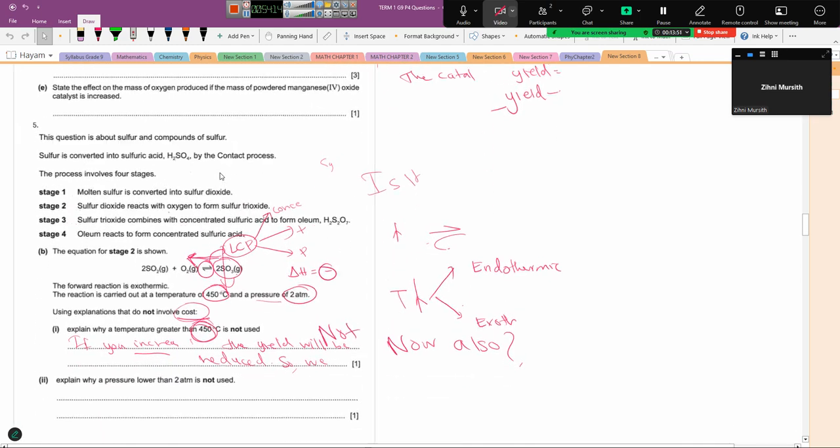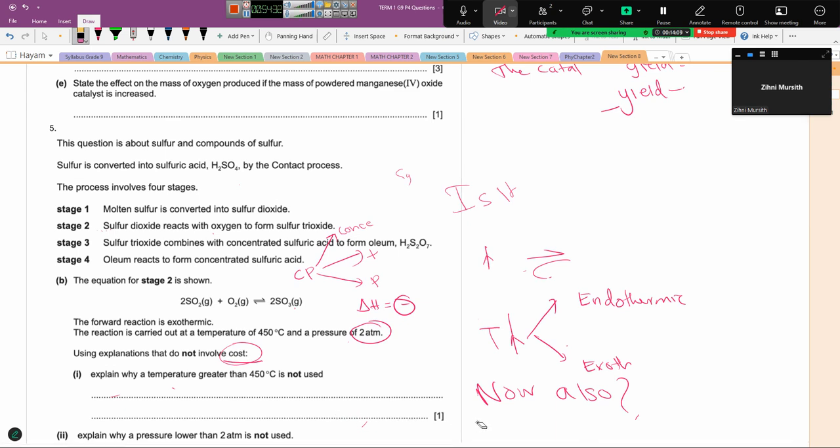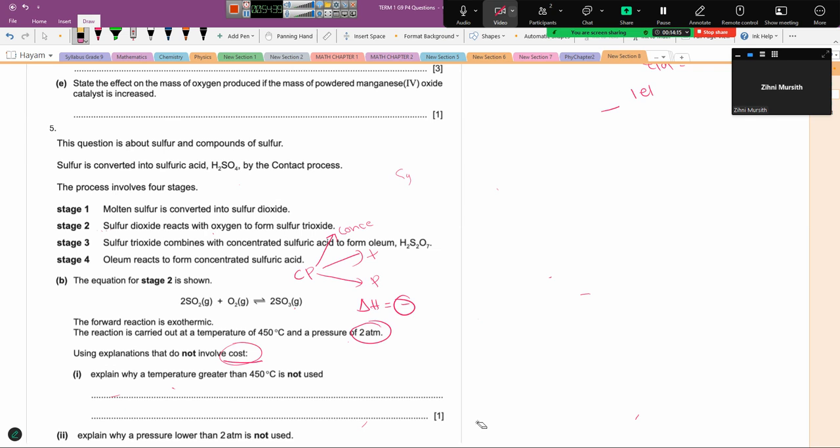We will try to answer this one to have an idea about how they can ask questions about sulfuric acid, right? Yeah. So if you just look at this one,